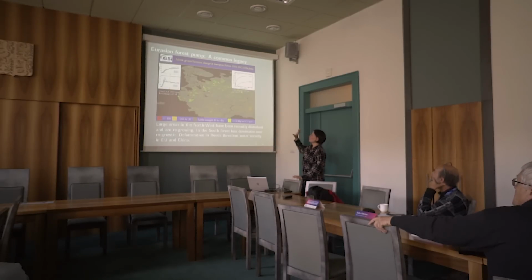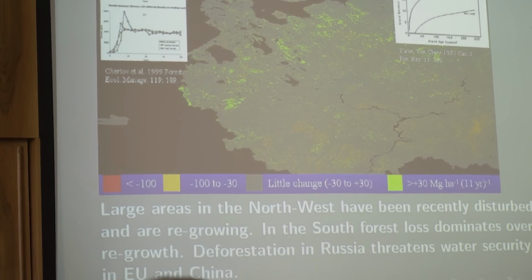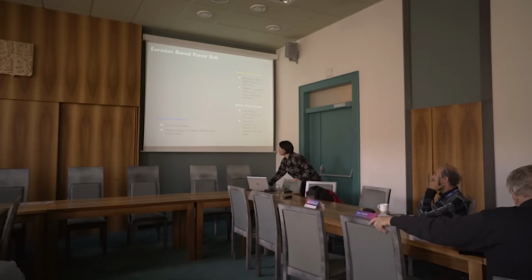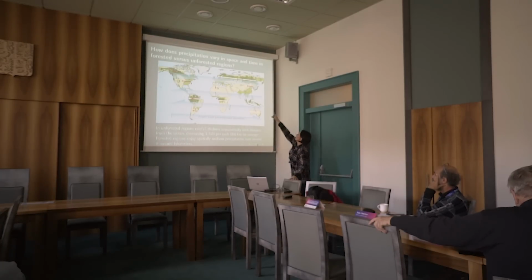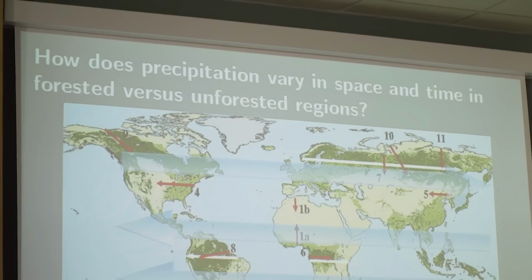So, and the last sentence, there is a lot of forest destruction in Russian forests now, especially in the northwest near the sea, so it immediately disrupts all the other forests from the moisture source, and this can have to do with the drought which you have in Central Europe, because this huge biotic pump, here's the map, which is 7,000 kilometers long and several hundred kilometers thick, provides moisture to the entire continent.